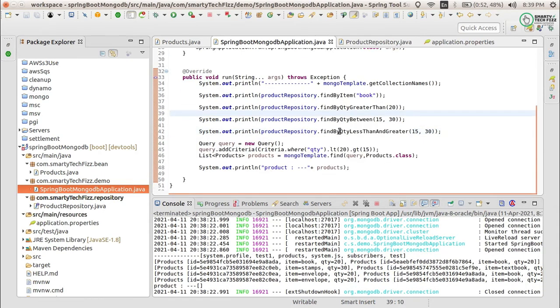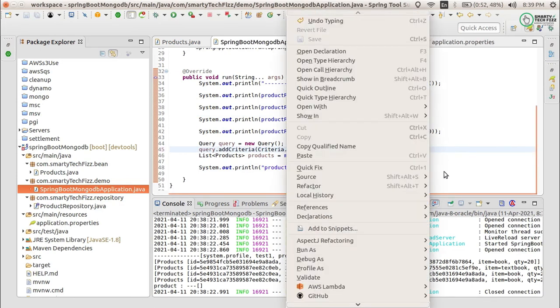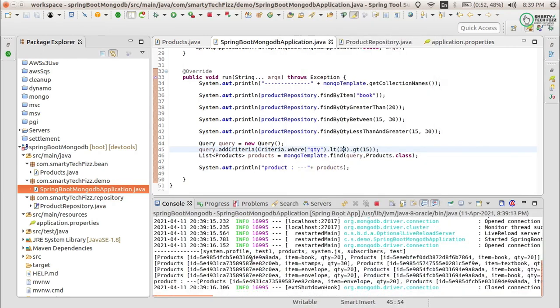So you can see that it is giving us the result, but here it is blank because we are searching for less than 20 and greater than 15, and we don't have any result set for this. But you can mention 30 here, and this will give us the result now. You can see that it is now giving us the result with all the 4 queries which we are performing here. So this is how you can perform the find operation using 3 methods. You can use any of them, either the query type, find by x anything, or the @query in the repository part. That depends on you.